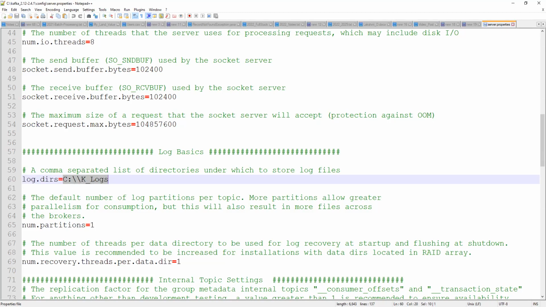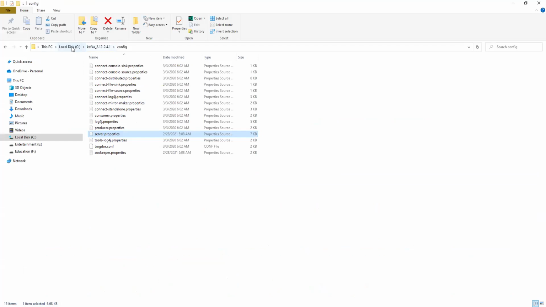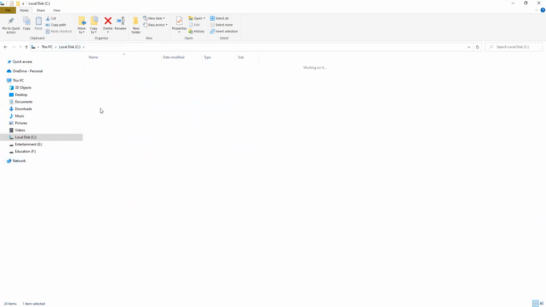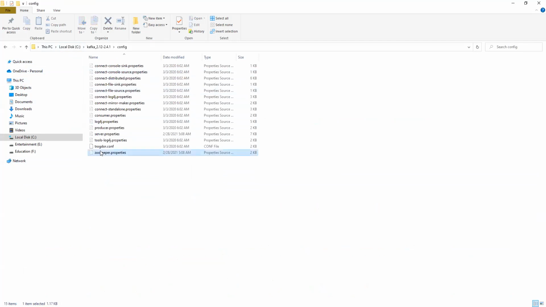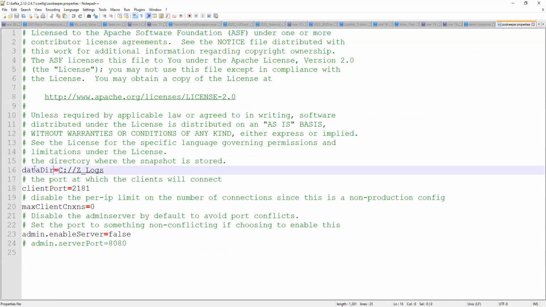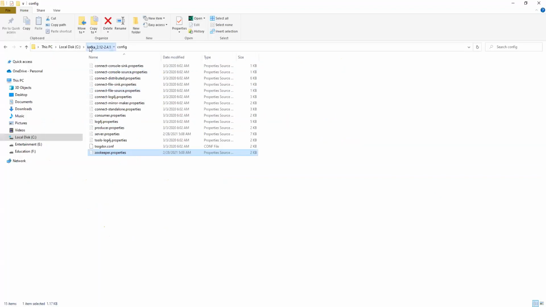I already created a K logs folder in my C drive. This tells Kafka to store all the log files here in my system. Coming to the Zookeeper properties, the same way I gave C colon slash Z logs as the data directory. So here I gave Z logs, the logs related to Zookeeper. These two we need to configure in the Kafka folder.